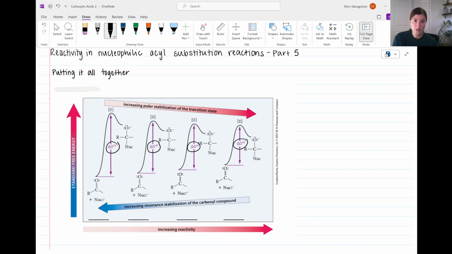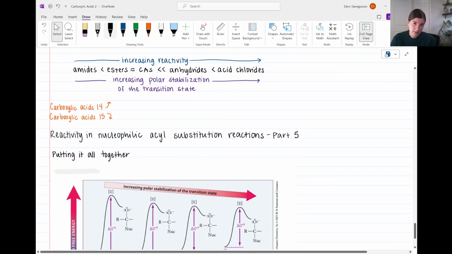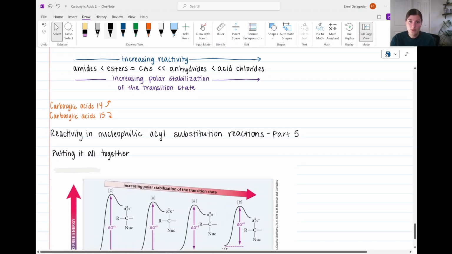So using what we know, let's start with the transition states. We'll fill in what's missing for the transition state structures. Now we said in the last video that we're going left to right across our list here. Amides have the lowest stabilization of the transition state. Acid chlorides have the most stabilization of the transition state. So that means acid chloride transition states are at a lower energy than amides, and then we can fill in